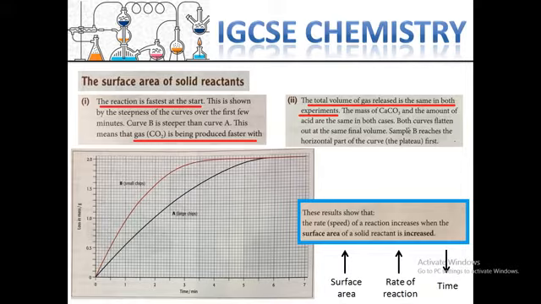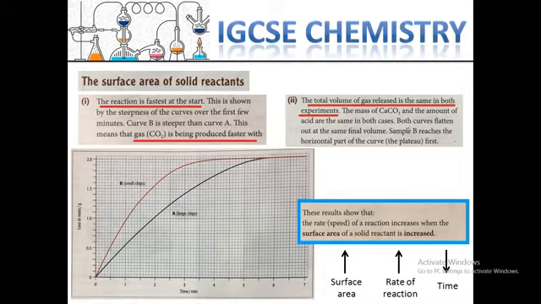Every condition was the same as I mentioned. Only the pieces of the reactant were smaller. When you make smaller pieces of the reactant, like a bit powdery, not too much, a bit powdery, that means you increase the surface area of the reactant. If you have any solid, you imagine, for example,